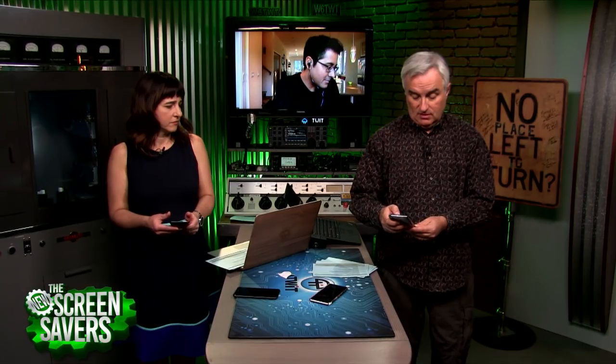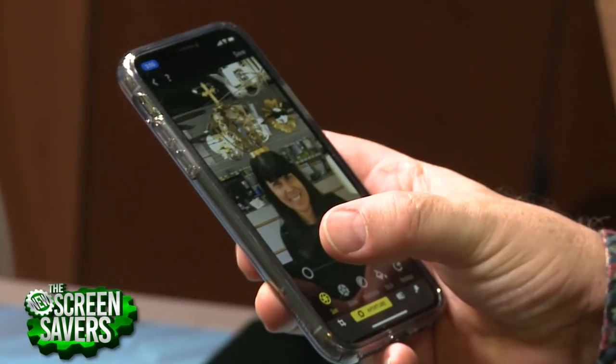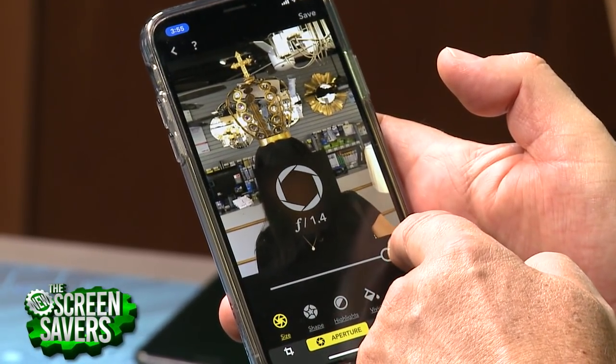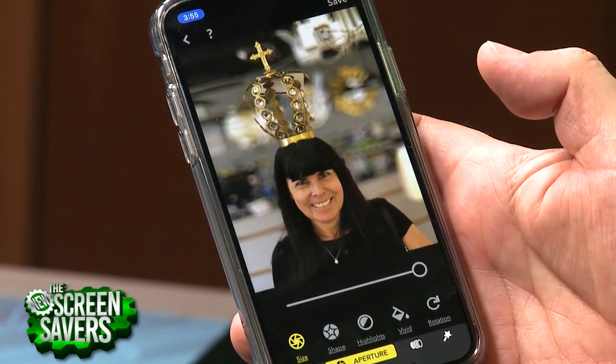This is remarkable. Can you pick this up, Anthony? Yeah. Let me just. I think it's really fun. Let me make sure I'm screen mirroring over to Anthony. He's got a program running. So this is an f/20 shot of my wife Lisa in a lamp store, and it's not a great shot because it's so busy behind her, but I can slide this all the way over to f/1.4 and completely